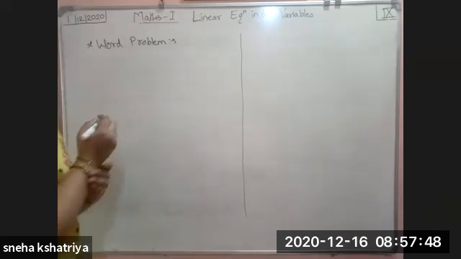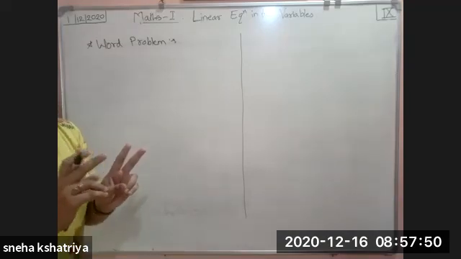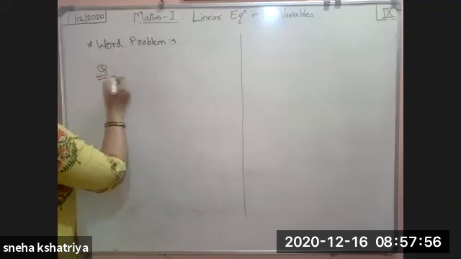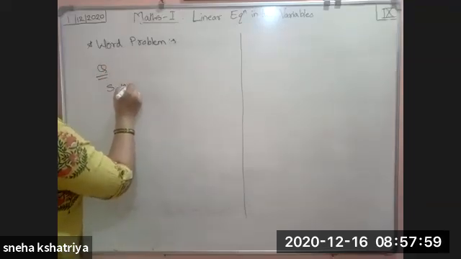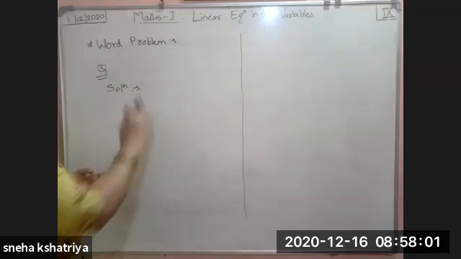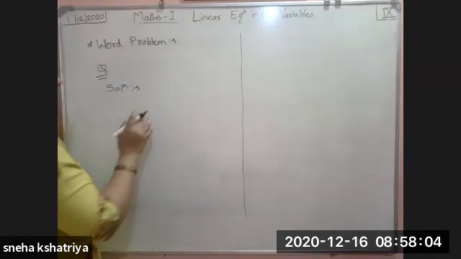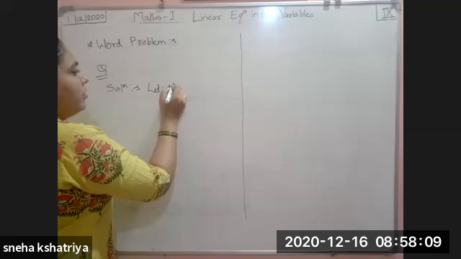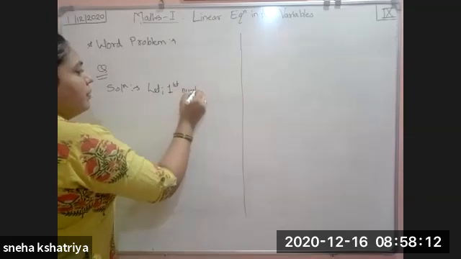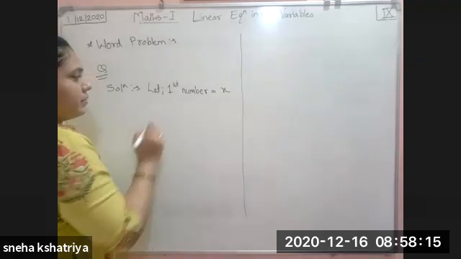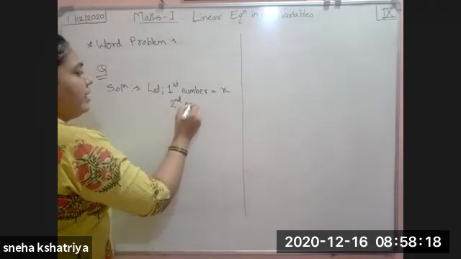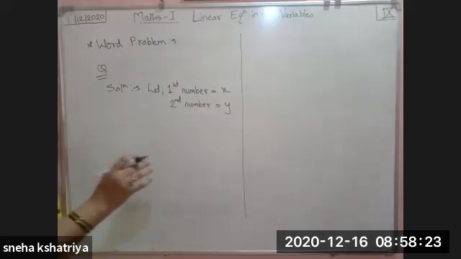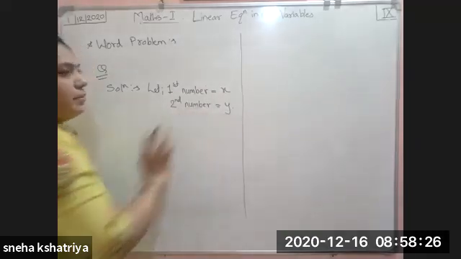Find the numbers means you have to find both the numbers. So we have to suppose that the first number is there and the second number is there. First of all, what will come? We will see the solution directly. I'm not writing the question, it is very big and will take a lot of time. I'm writing the answer directly. So how are we going to suppose? Let the first number be x and the second number be y. We have supposed that the first number is x and the second number is y.